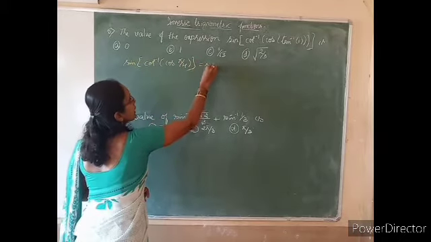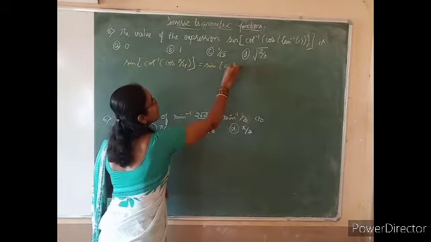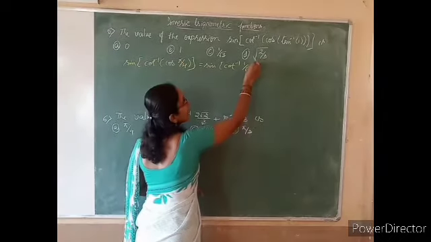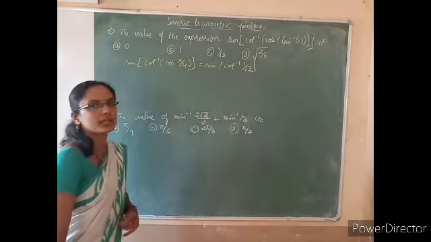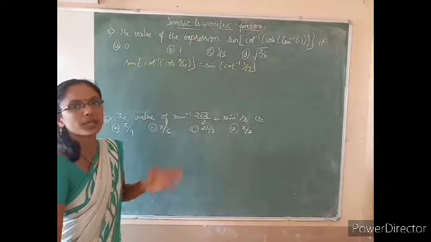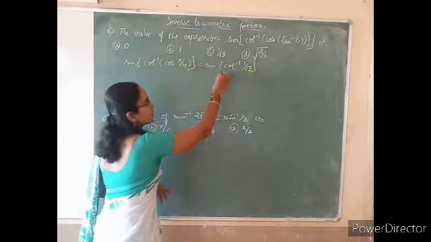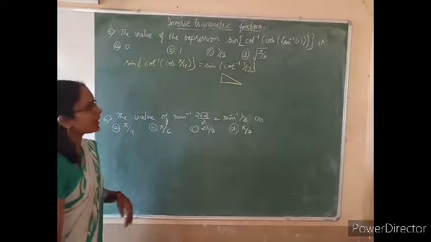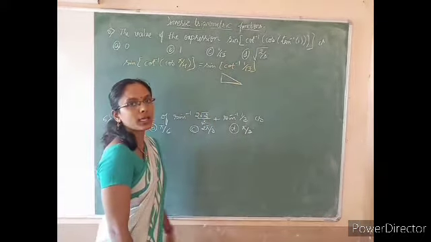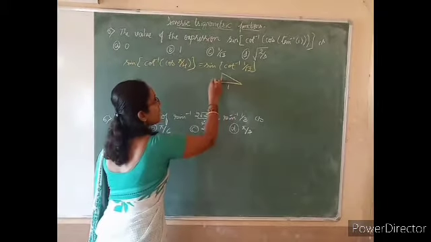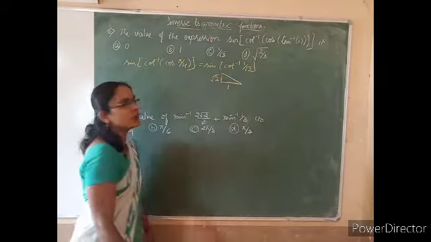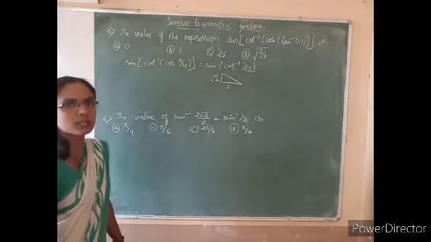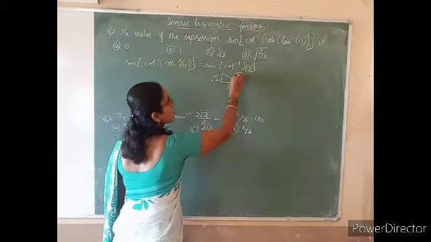So this is sine of cot inverse of cos pi by 4, which is 1 by root 2. So this is 1 divided by root 2. Sine of cot inverse. Using the definition of inverse trigonometric function, cot inverse can be defined as adjacent by opposite. So this is 1 and this will be root 2. Therefore hypotenuse should be square root of root 2 square plus 1 square. Therefore this is square root of 3.